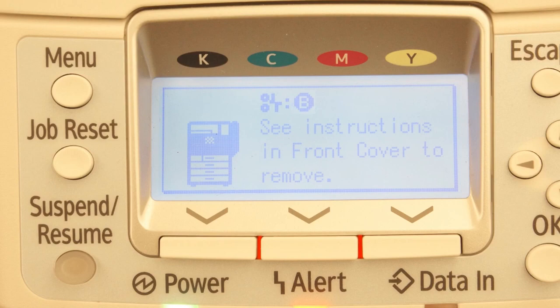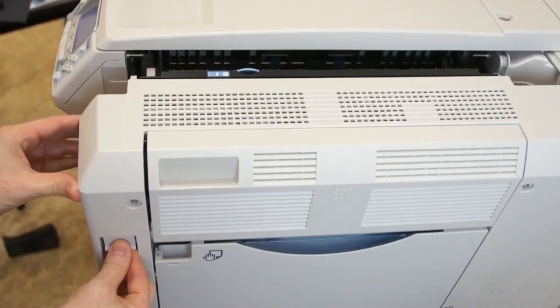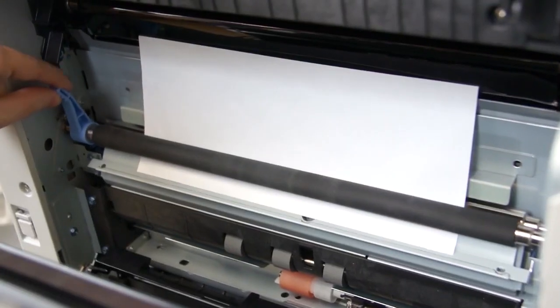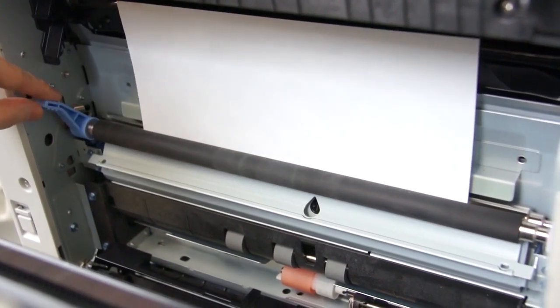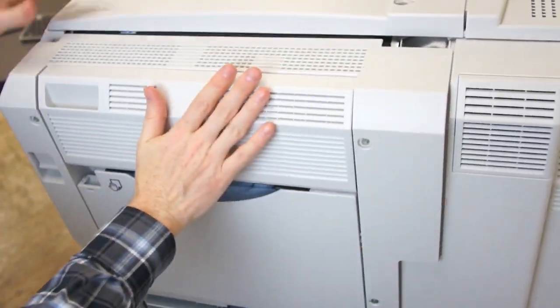Misfeed message B will appear when a paper misfeed occurs in the paper feed section of the printer. To remove the misfeed, open the right side cover of the printer and locate the large media guide roller located under the fuser. Turn the blue lever on the left side of the guide roller 5 to 8 times to manually remove the misfeed. Once the paper is removed, close the right side cover and the printer will automatically resume